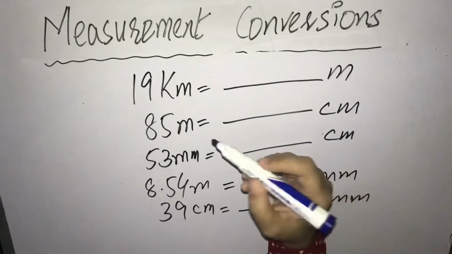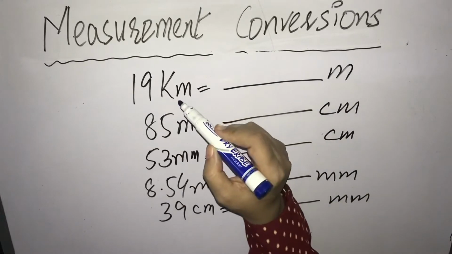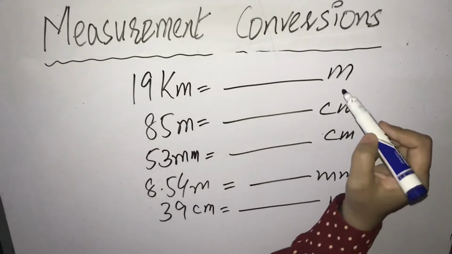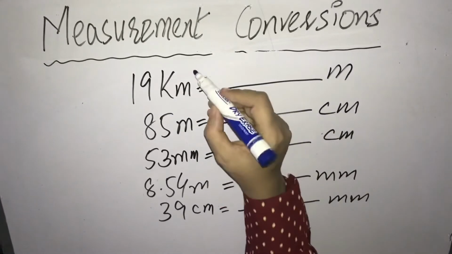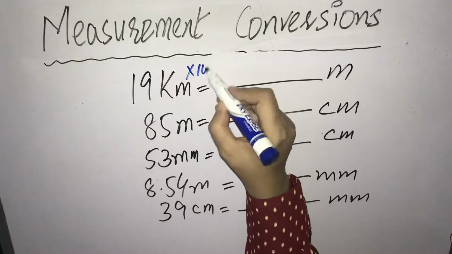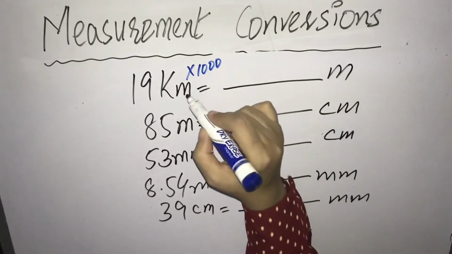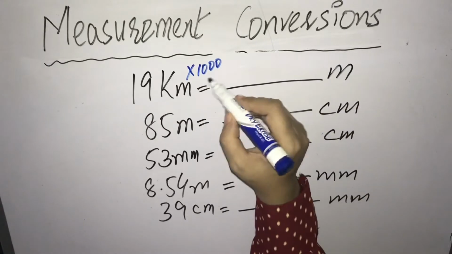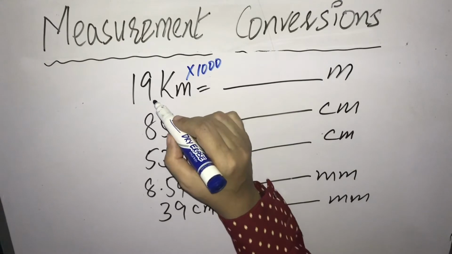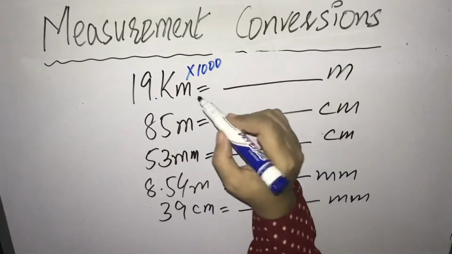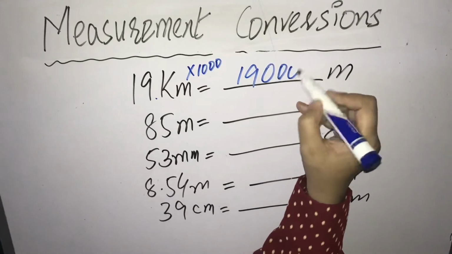Here I have a few examples for you. We shall apply conversion. When we are going from kilometer to meter, our relation is of 1000. Kilometer is bigger, meter is smaller. So when we shall go to a smaller unit, we shall multiply. And as the relationship of these two is 1000, we have to move the decimal 3 digits towards the right side. So our decimal is right now here. When we shall move it towards the right side, our answer will be 19 along with 3 zeros,